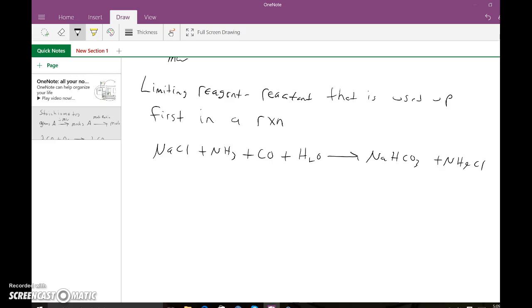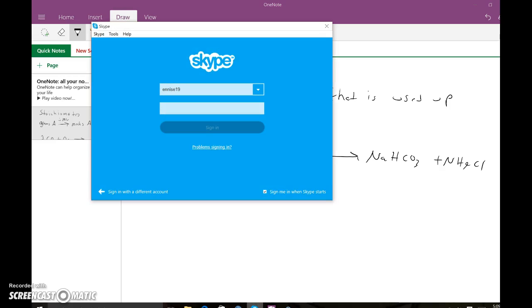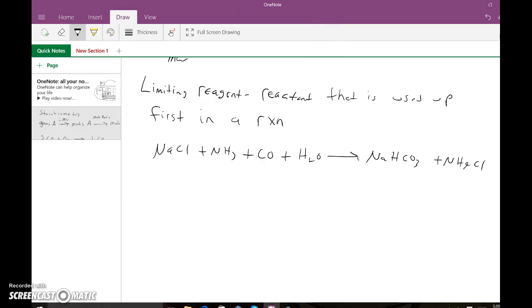This is all 1-to-1. So let's say if 100 grams NaCl, oh, still